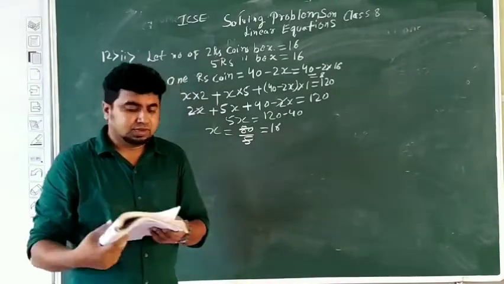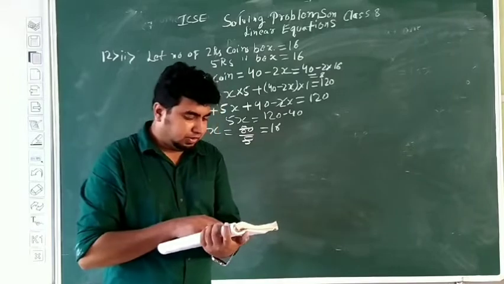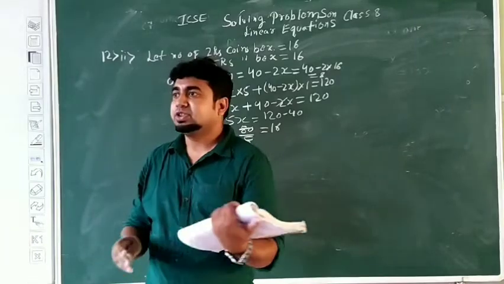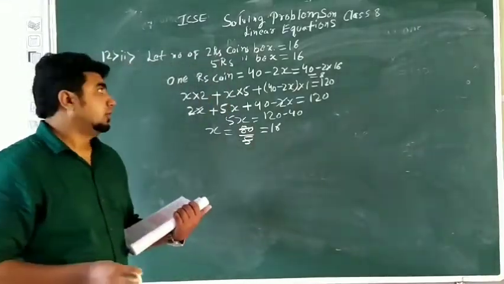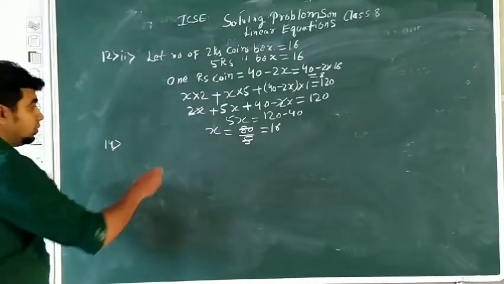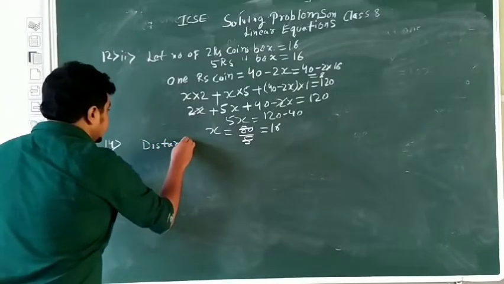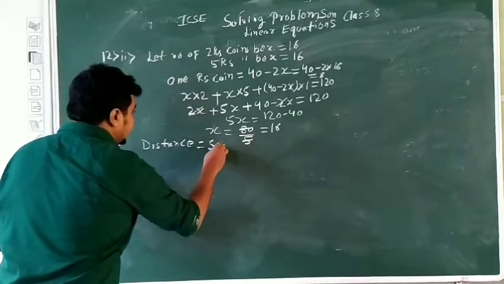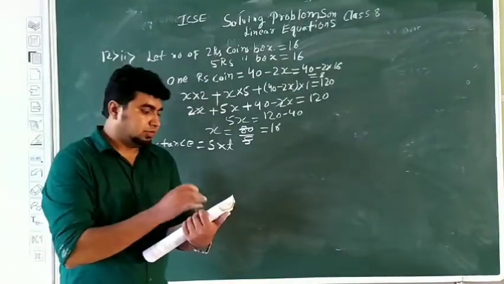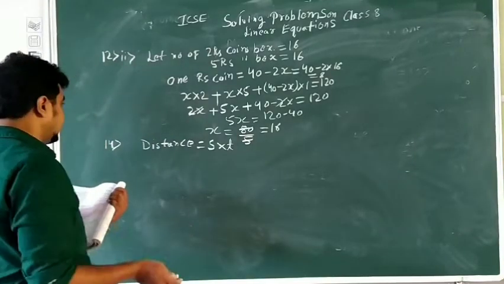Now we are going to discuss question number 14. In question number 14, it is given to us that 2 cyclists make the same trip. Same trip means the distance will be the same. We have to remember in this kind of question that one quantity will be the same, and the distance formula is distance equal to speed into time, s into t. The first takes 3.5 hours, and the second travels with a speed of 1 km per hour more.